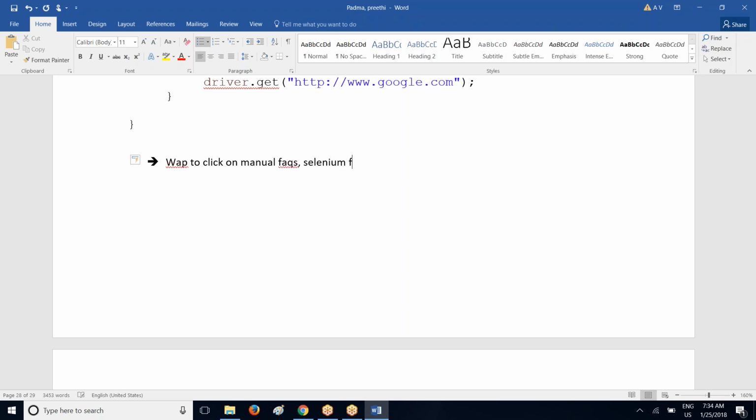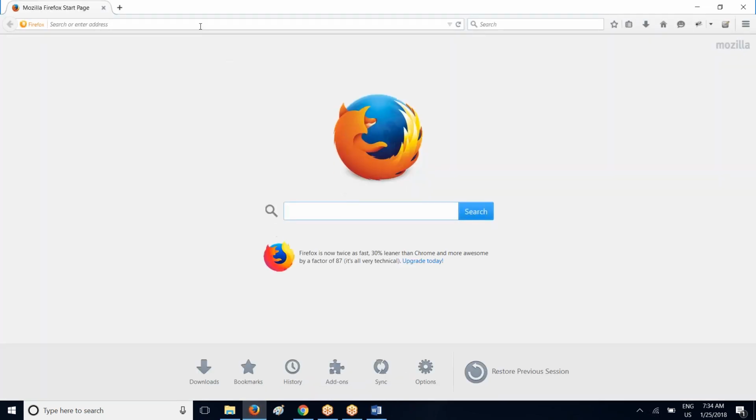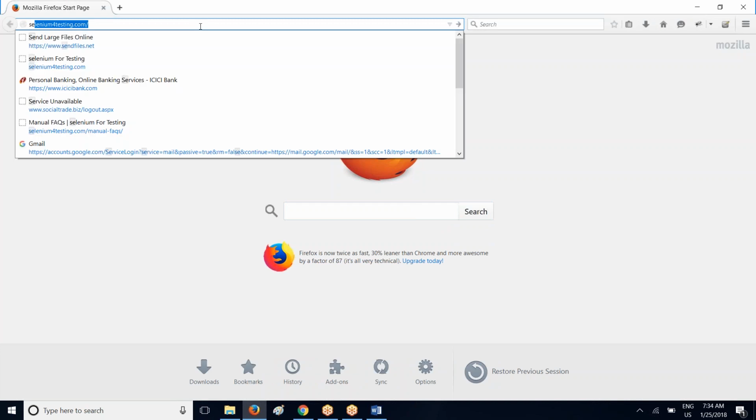Selenium FAQs, and core Java FAQs in Selenium for testing application. Okay. So now see here, let me open the Firefox and then I'll show you how our Selenium for testing application looks like. See,